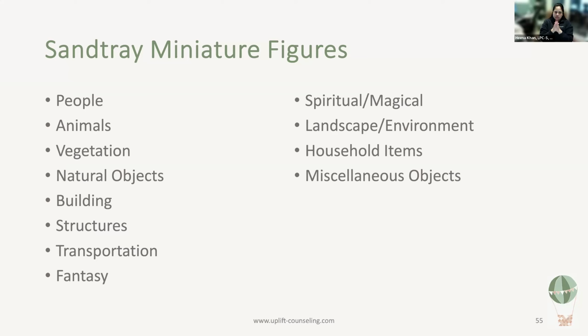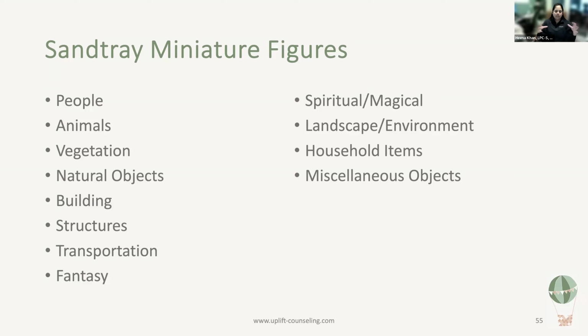And then in terms of the spiritual piece, again, based on the clientele, those elements can be very, very powerful. And one more thing I want to mention that's not on here: when you work with trauma and grief, you want to have containers. Those are really important because it's amazing what kids or people will do with containers, all kinds of containers. Containers that open and close, containers that are see-through, ones that have some sort of a lock or closed latch. There's a lot of different things people will do with containers in the play therapy room.